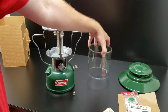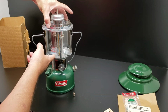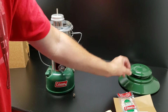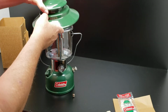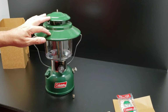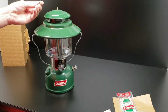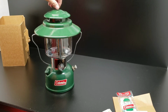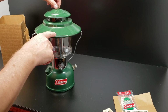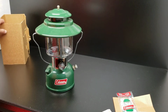Ball nut. Be careful not to break that. This is porcelain, which is actually glass on sheet metal. It's a very thin coating of glass, so they do chip. Some people wax those, which is a huge mistake. Some people will paint them a different color, which will never last. But anyways,